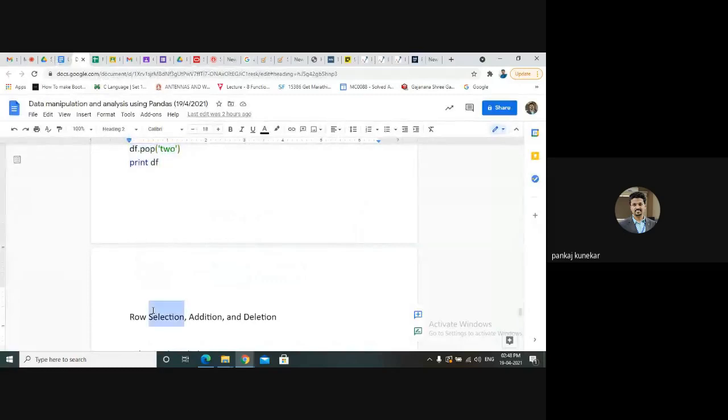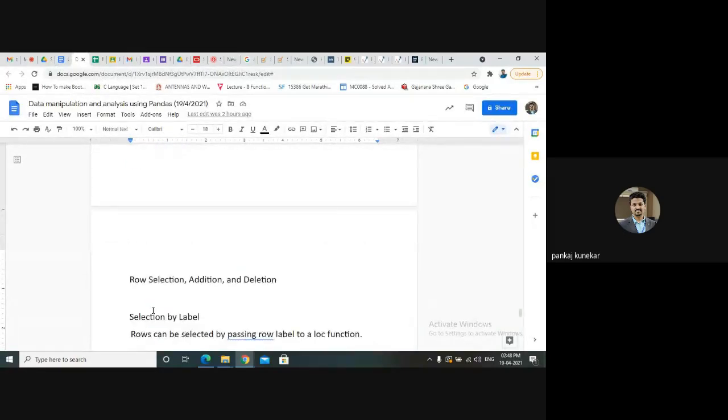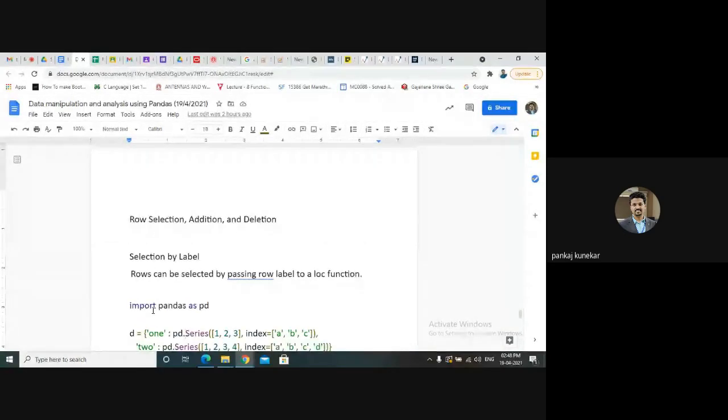And the last one is row selection, addition, and deletion. We can select elements row wise, and we can perform addition and deletion row wise.